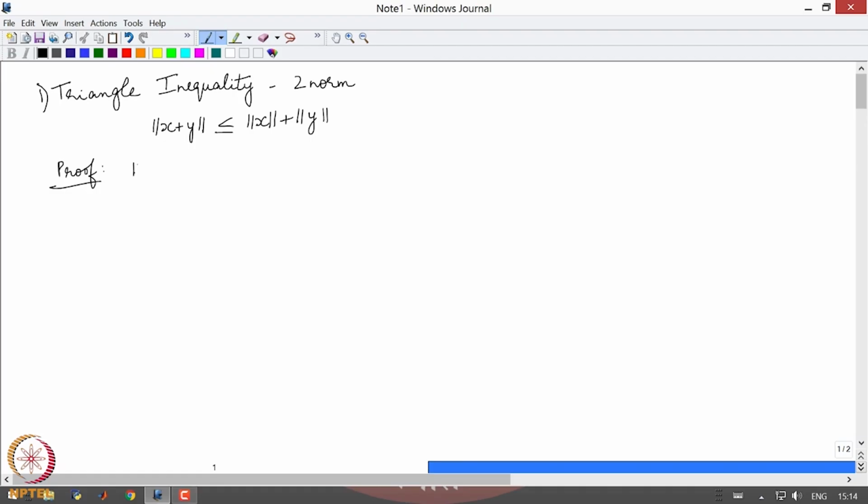So, first we will square the right hand side and try to expand that. So, when we take the square of norm of x plus y, we get norm x square plus norm y square plus twice the dot product of x and y. Okay. At this point, we will introduce an inequality called Cauchy-Schwarz inequality,